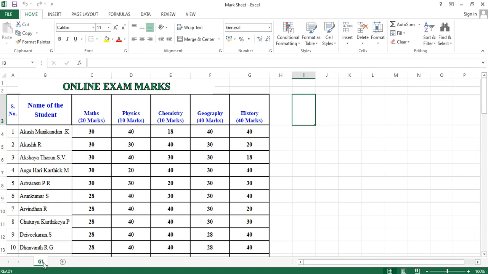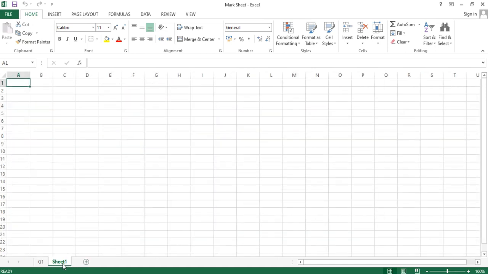That is the first thing, and the second thing we are going to learn is the basic operations like addition, subtraction, multiplication and division. First we'll see how to copy the content from one sheet to another sheet or from one file to another file. So this is the sheet. Here, one sheet is there, right? So I'm going to create another sheet here. If you press that plus, new sheet, it will open.